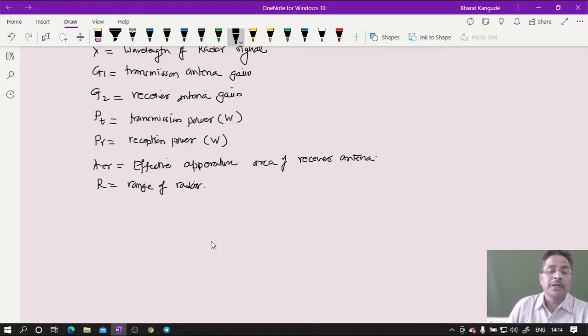Range of the radar. Again, this is not an infinite range. Try to understand. Very limited range is there. 20 kilometers, 30 kilometers, 50 kilometers, 100 kilometers, 200 kilometers. That depends upon how much powerful pulse you send. If pulse is enough powerful, it can reach 500 kilometers. Then range of that will be 500 kilometers. Because of the atmosphere, because of the air, cloud, etc., that pulse doesn't reach almost that distance, and therefore there is always a range of the radar.